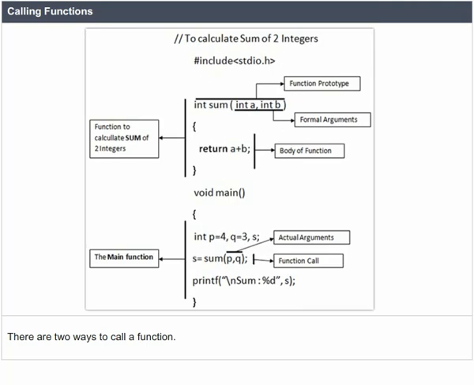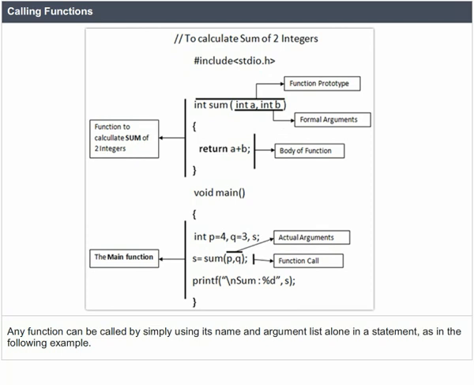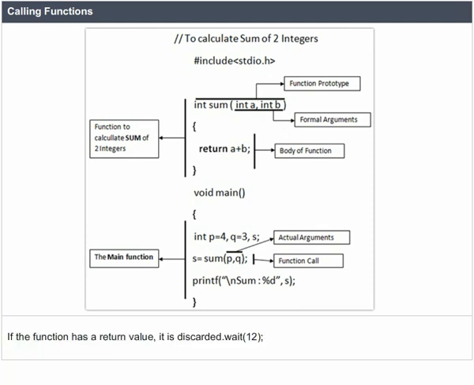Calling functions. There are two ways to call a function. Any function can be called by simply using its name and argument list alone in a statement, as in the following example. If the function has a return value, it is discarded. wait(12);